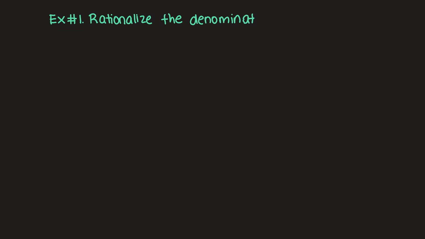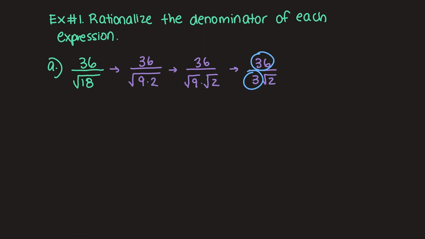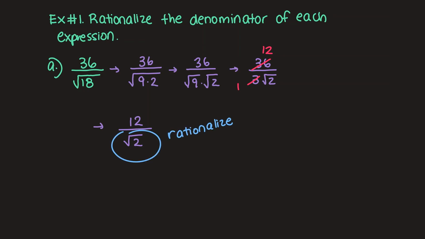So let's try a few more examples. For this expression, we can first simplify the radical in the denominator and factor out a perfect square of 9. This then simplifies to 3 times the square root of 2. 36 and 3 have a GCF of 3, so this reduces to 12 over the square root of 2. And now the last thing that we need to do is to rationalize the denominator, since we have a radical in the denominator. We can multiply both the numerator and denominator by the square root of 2,